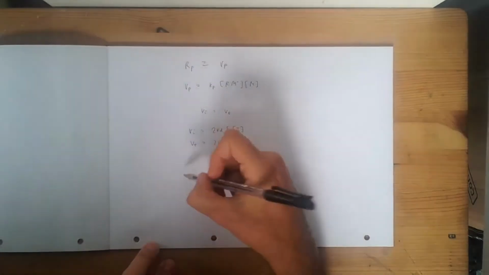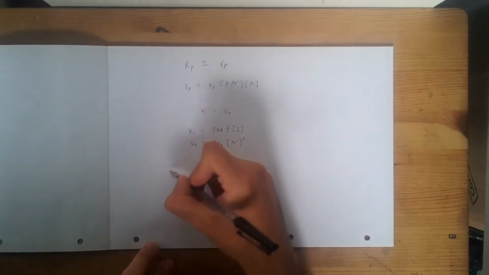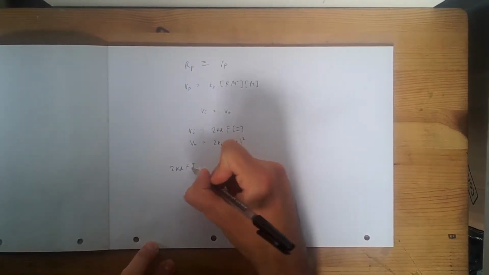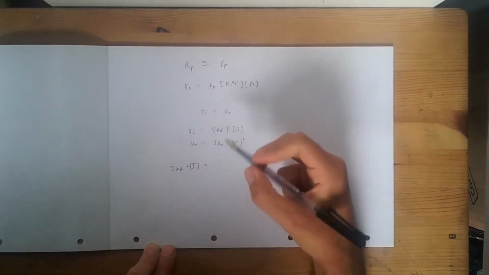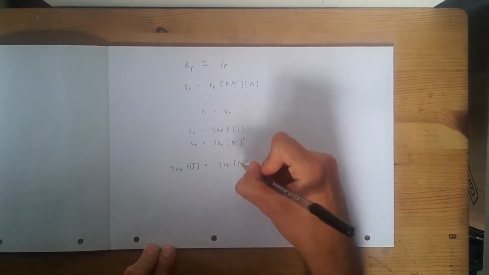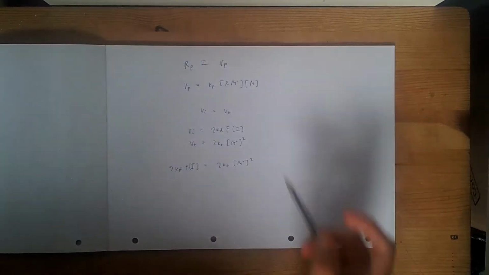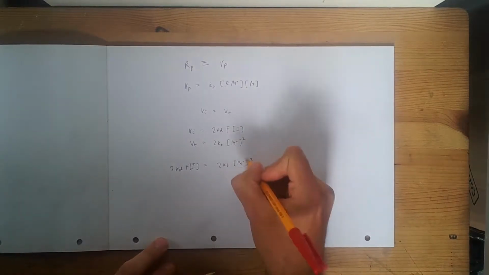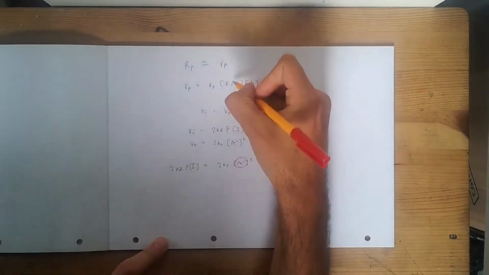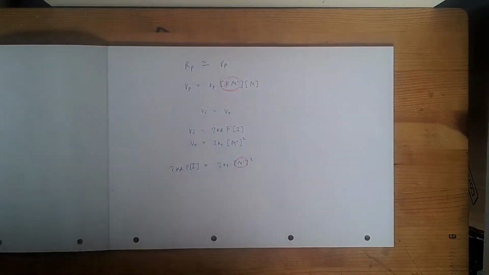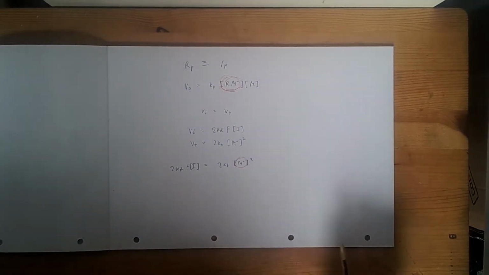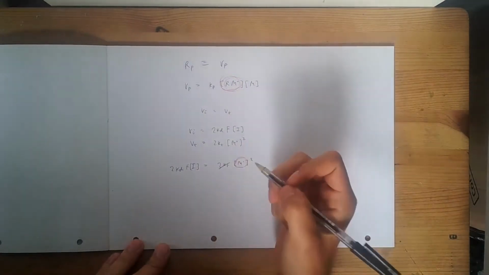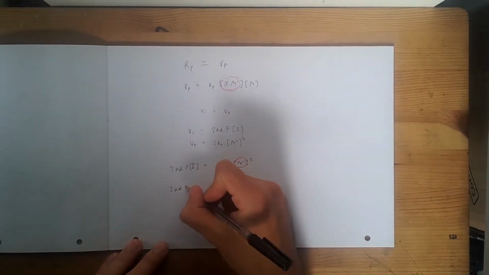So let's do that. So putting these two equal to each other, we get 2kd Fi equals 2kt m dot squared. So as I just said, we're now going to be making this the subject, as this m dot is exactly the same as Rm dot. We've just written them slightly different. So to do this, we divide both sides by 2kt, effectively cancelling this out. So we are left with 2kd Fi